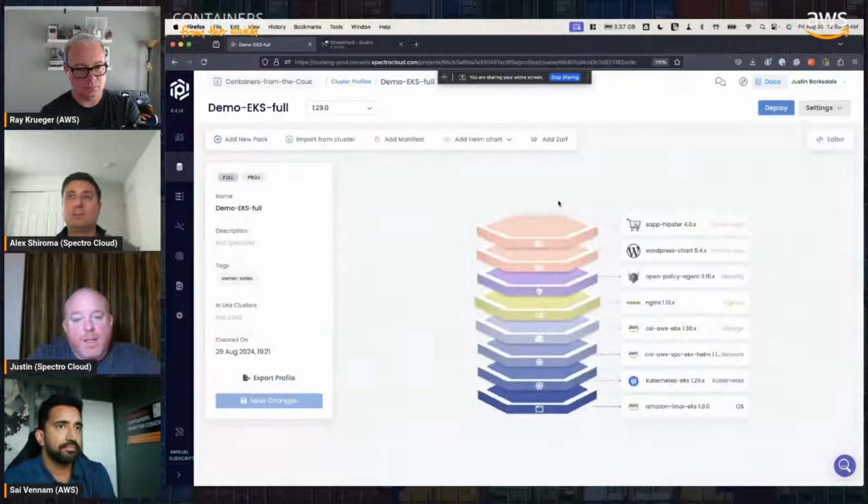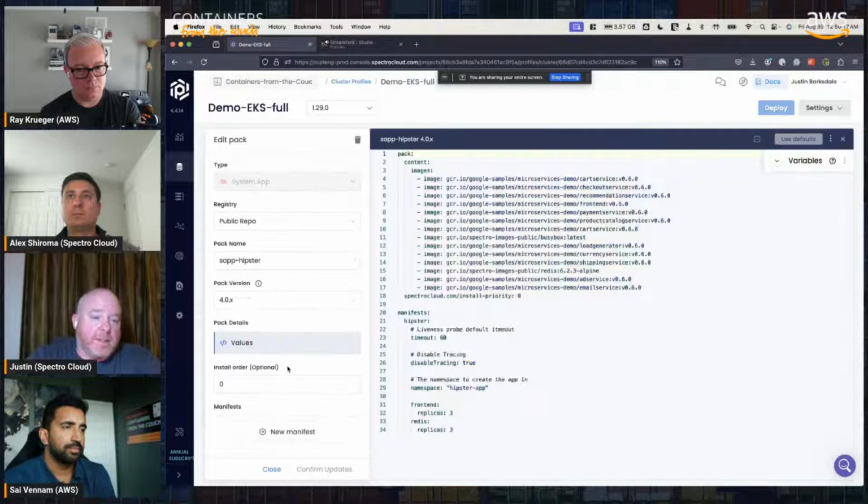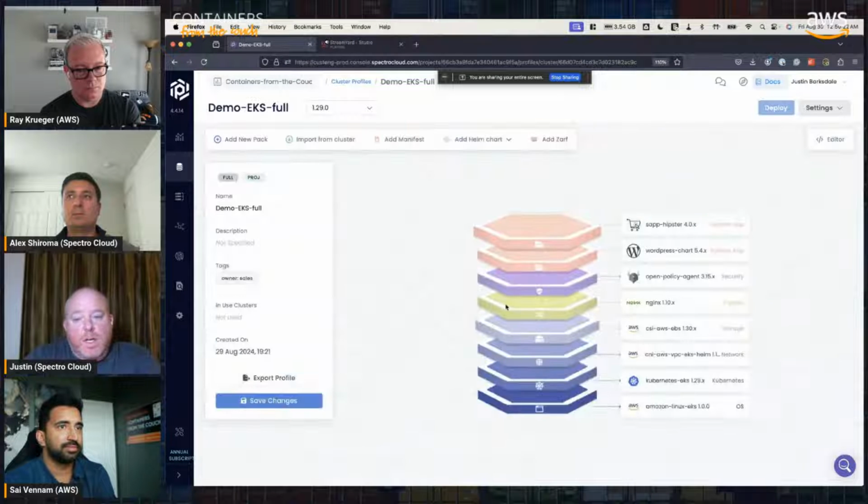Likewise, if I said I need Hipster to be the absolute last thing that's installed, I could say the install order is 10. And now it automatically will be the last thing that's installed. If you don't set an order, it's sort of in parallel. We just do the deployment. So you could end up having some race conditions if there were dependencies beforehand. It lets you map those dependencies as needed.